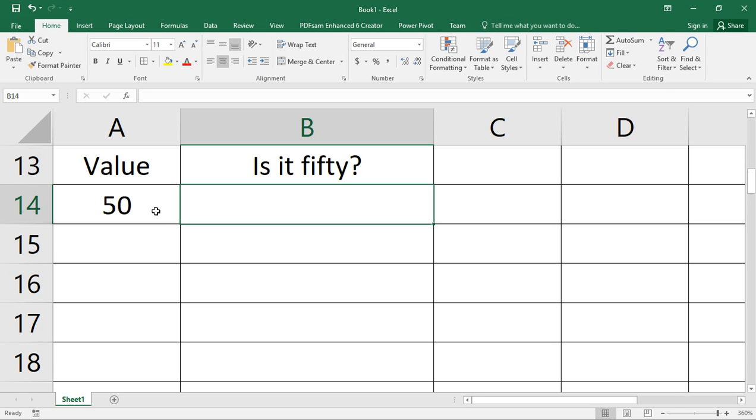Or they may say, I want it to print it is 50 when the value in A14 is 50. Then you check in your mind, does this statement have a condition or a logical test? If there's a logical test, then boom, it's an if function.